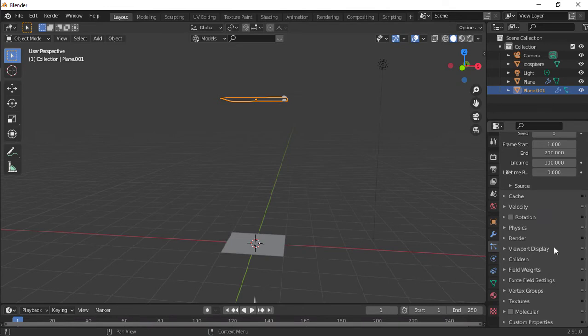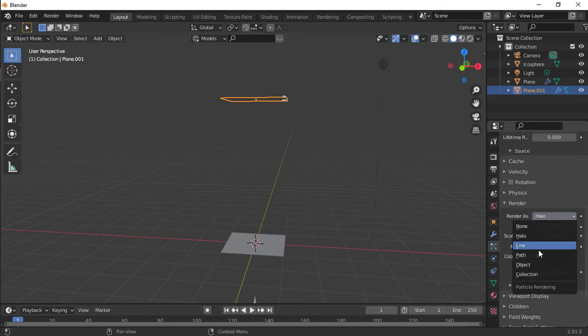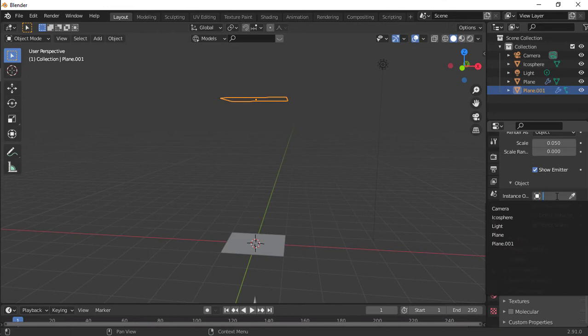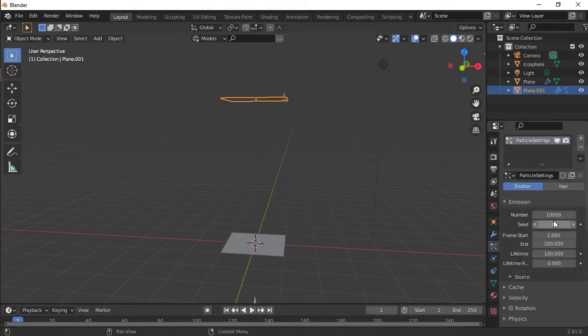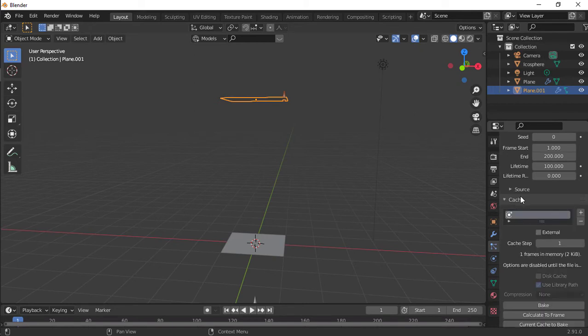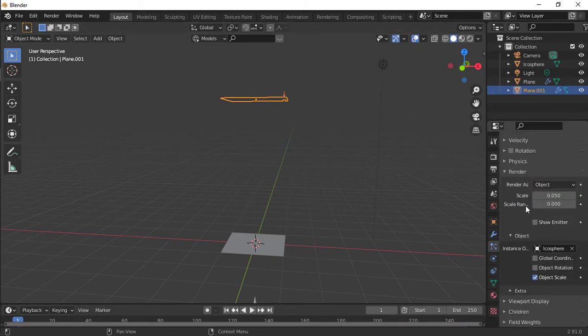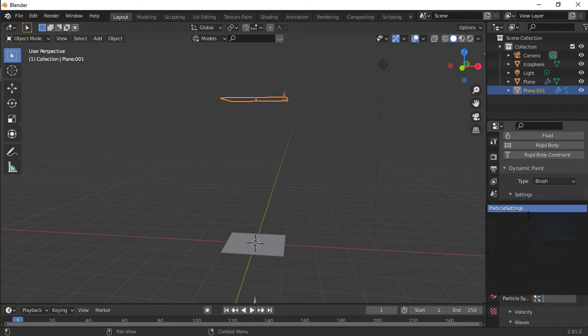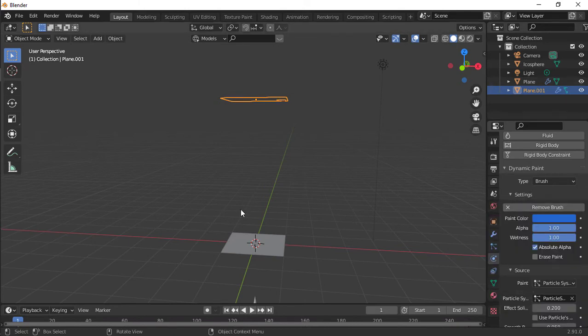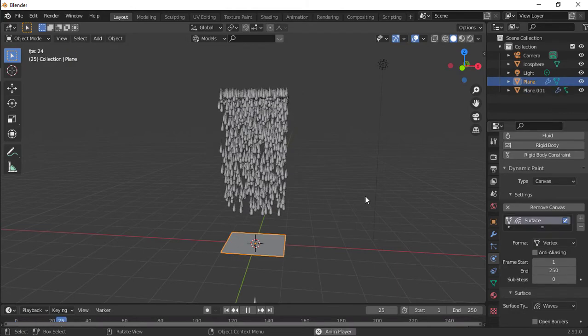And let's go under the render. Change this to object, and the object to be icosphere, and I think that should be it. Uncheck show emitter, and yeah guys, I think this should be it for this. Okay, so now go into the physics properties. As you can see, it's brush. Let's go, and you can see the particle system has appeared here. So this is our particle system, and if we hit play,